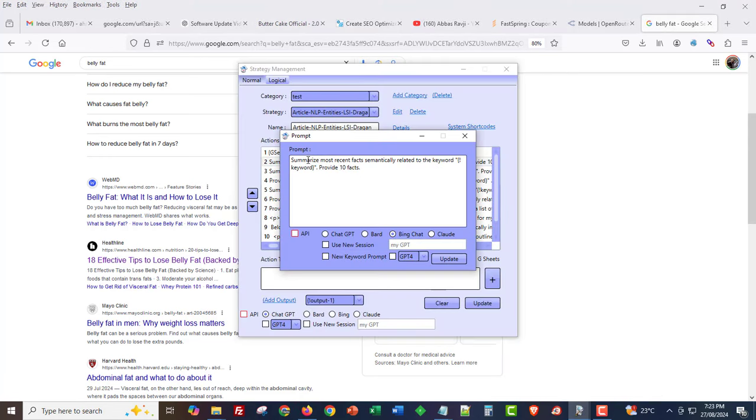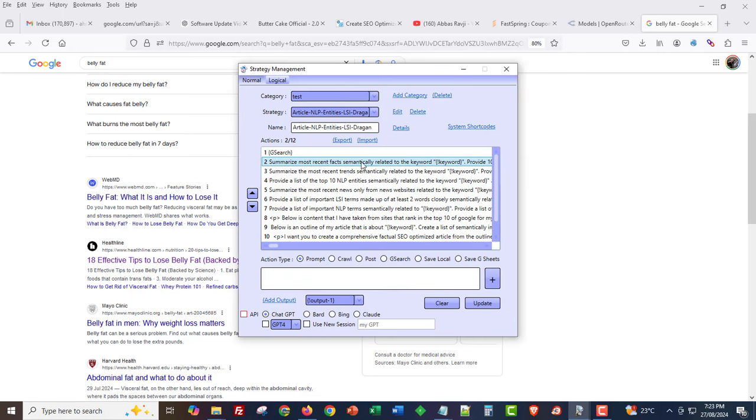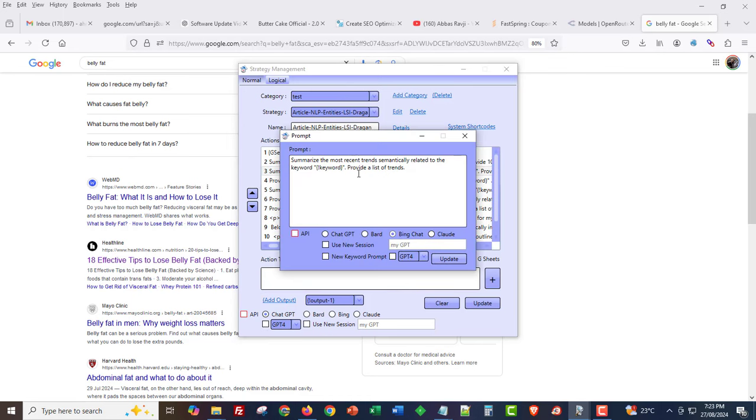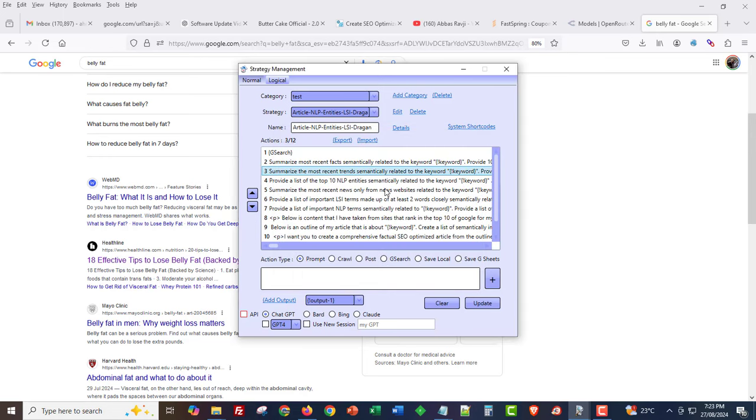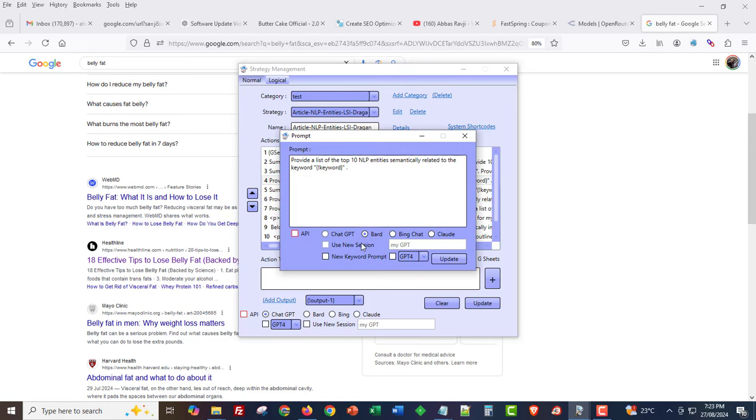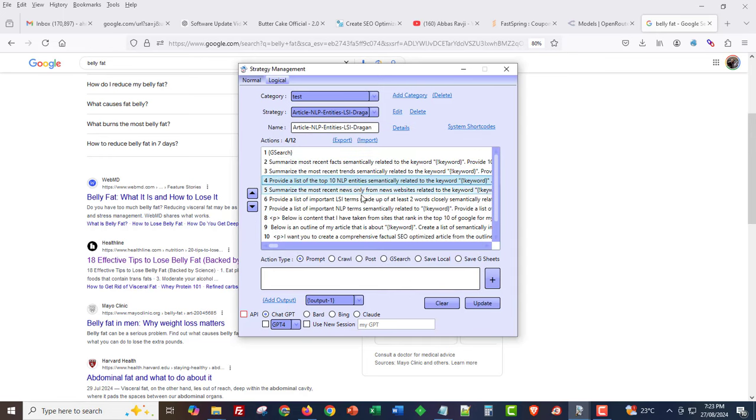Then it's asking Bing to give us semantically related keywords, or facts, sorry, for our keyword. And on this one, it's asking Bing to give semantically related keywords, the most trends for our keyword, and this one is asking Bard to give NLP terms for our keyword. And then when you come down here, what you'll notice is